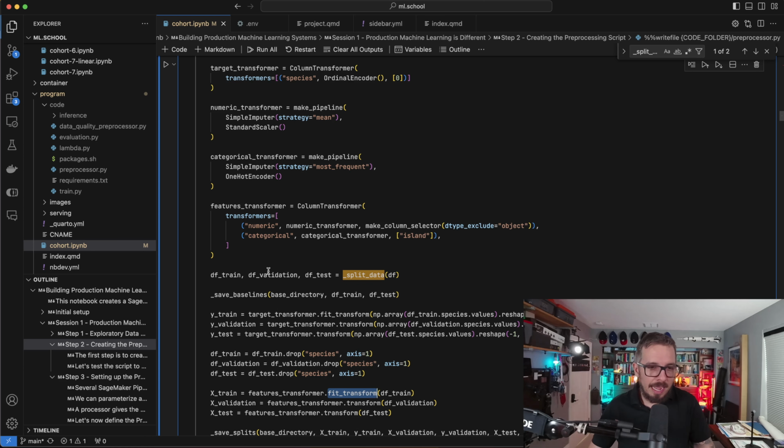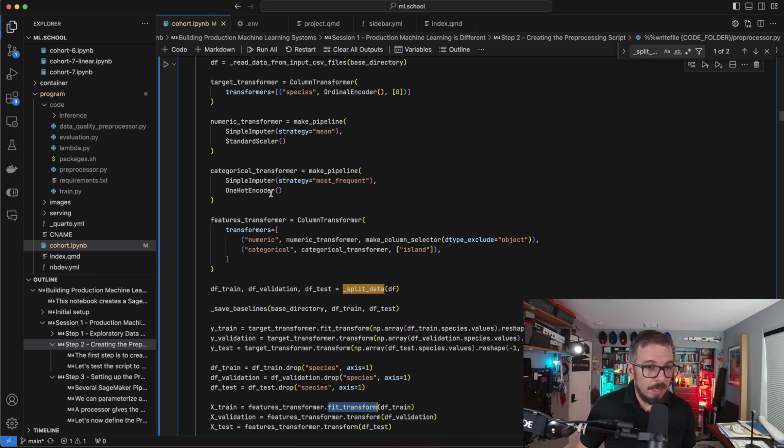In this particular case, the global statistics are a bit more complex, so we're using this as part of the features transformer. So notice that number 1, the simple imputer, needs the mean of the column, the average of the column. So the fit transform will compute the average of the whole column of our trained data, and we'll use that value